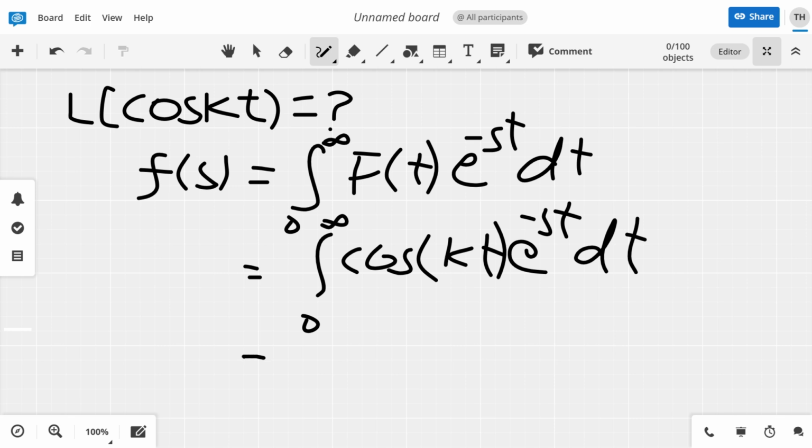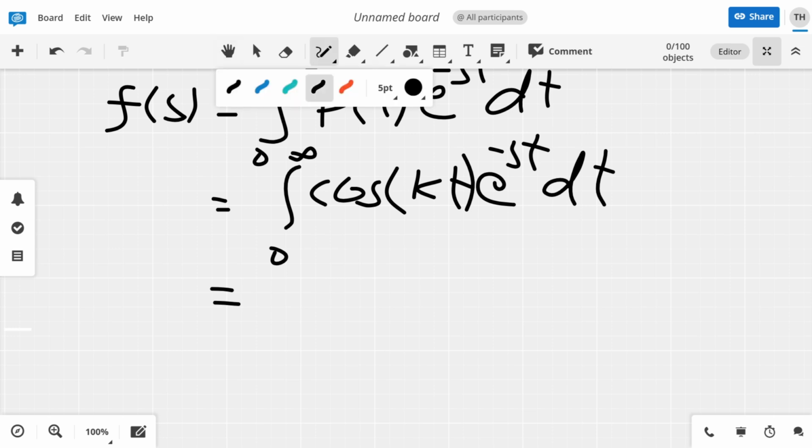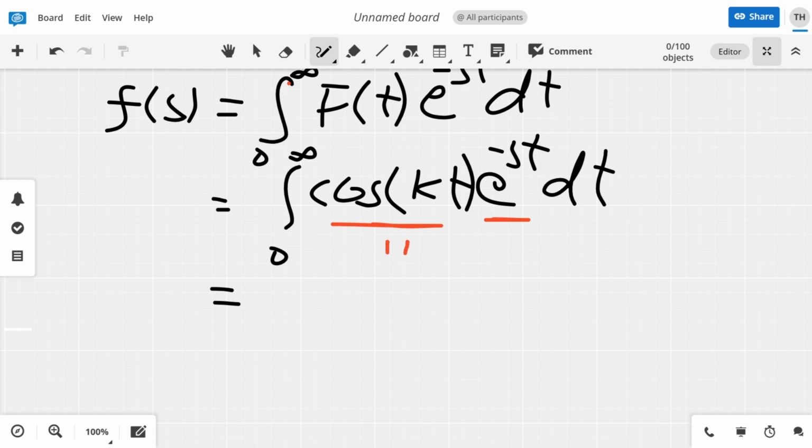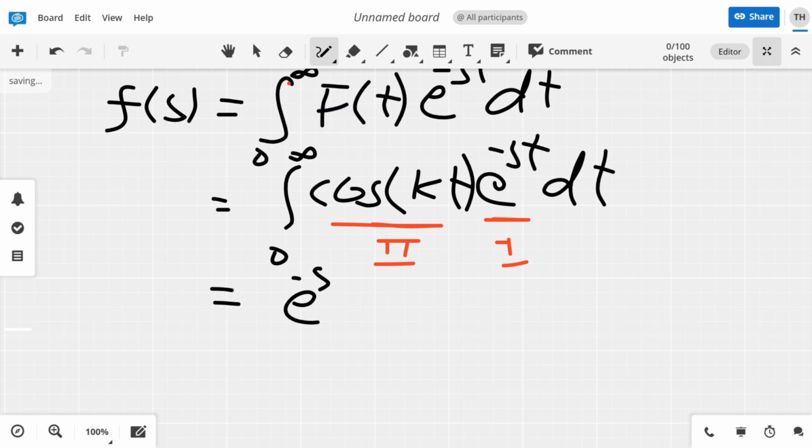So I will solve this integration by parts. I will let this function as the first function and this function as the second function. So this is our second function, this is our first function. So I will take the integration of this, so when I write minus st